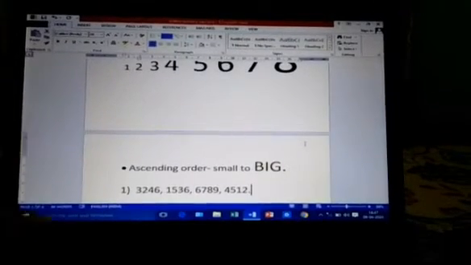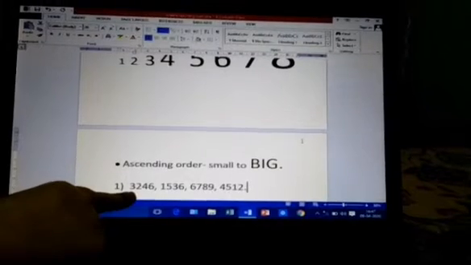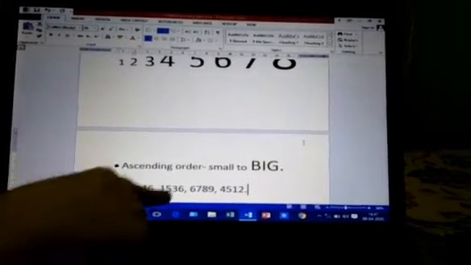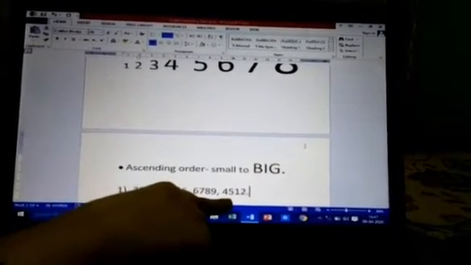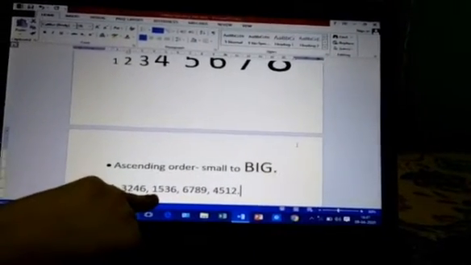Okay, so now second, we will see the places. Here on thousands place you can see number 3. Here on thousands place we are having number 1, and here on thousands place we are having number 6, and here on thousands place we are having number 4. So the smallest number is 1. So first we will be writing